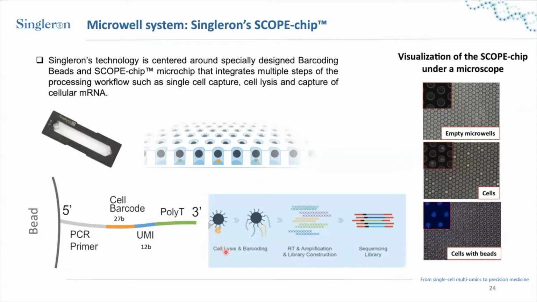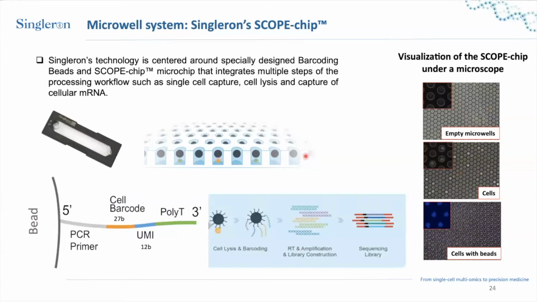And then it contains poly-T for capturing polyadenylated mRNA. After the capture, cell lysis and barcoding occurs, followed by reverse transcription, amplification, and library construction. I will mention this in more detail later on. And here is a real-life image of how beads look under the microscope. So for the empty beads, you can see that. And once you load the cells,